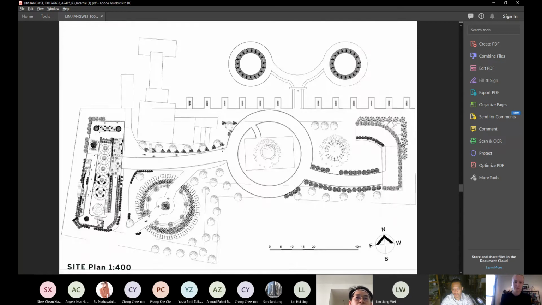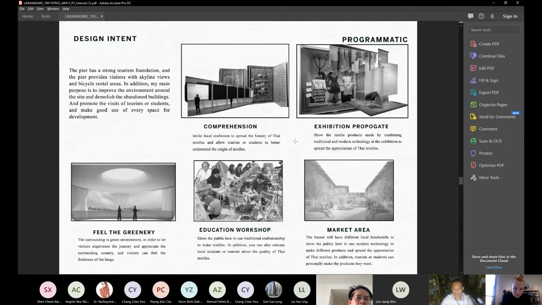Yeah. So for the exhibition, it shows the textile products made by combining traditional and modern technology, to share the appreciation of Thai textile. So for the field, the greenery is the green surrounding environment, to let the visitors experience the journey, appreciate the surrounding view, and feel the freshness of the lunch.